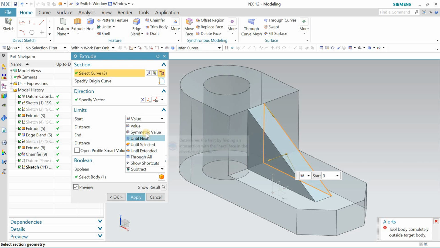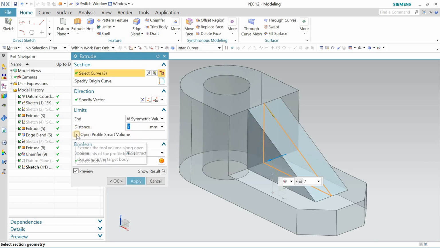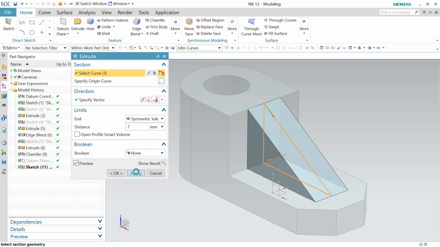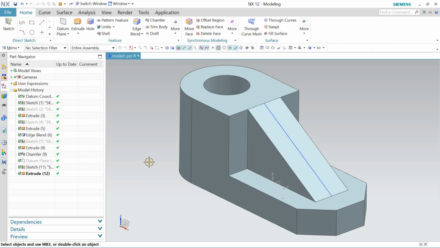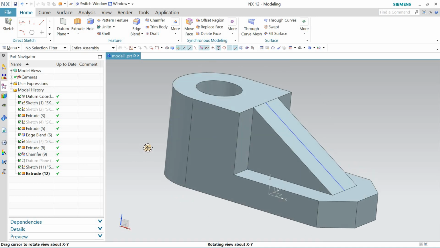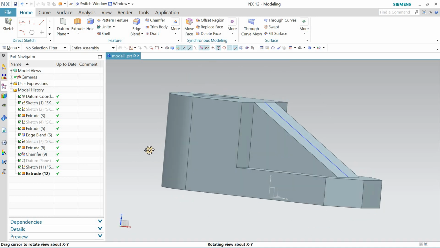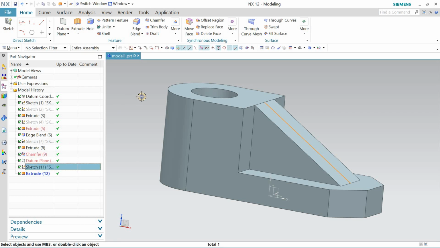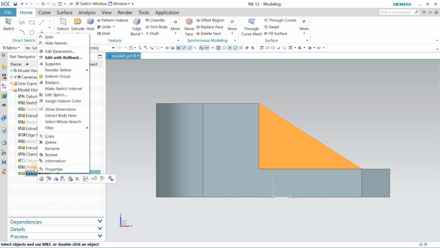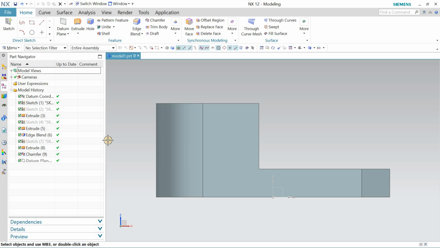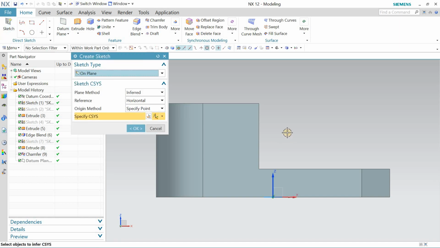I want to select the symmetry. I wanna none, apply, seven, go for this and this, right click and delete it, go for sketch,